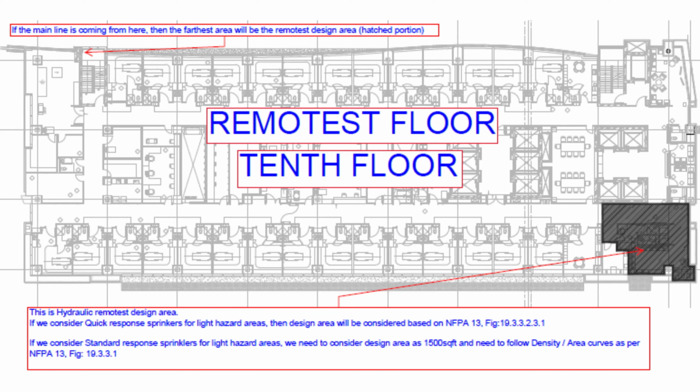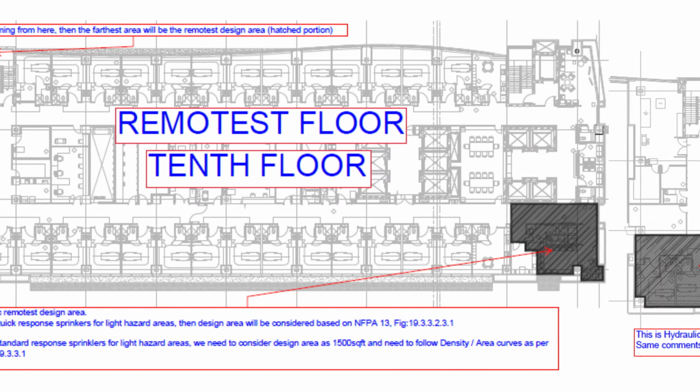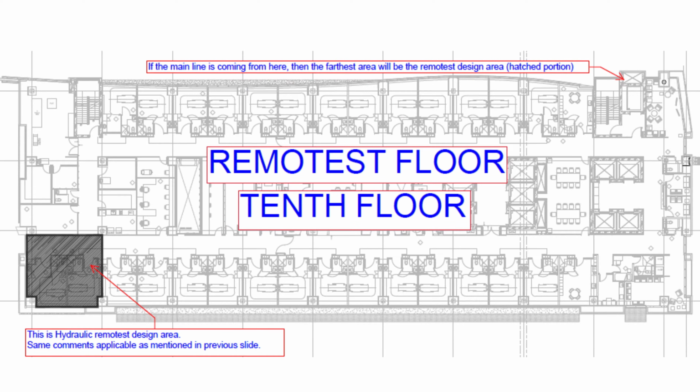19.3.3.2.3.1, 2019 edition. If we consider standard response sprinklers for light hazard areas, we need to consider a design area of 1500 square feet and follow the density area curves as per NFPA 13 figure 19.3.3.1, 2019 edition. Then the next step would be, for example, if the main line is coming from the